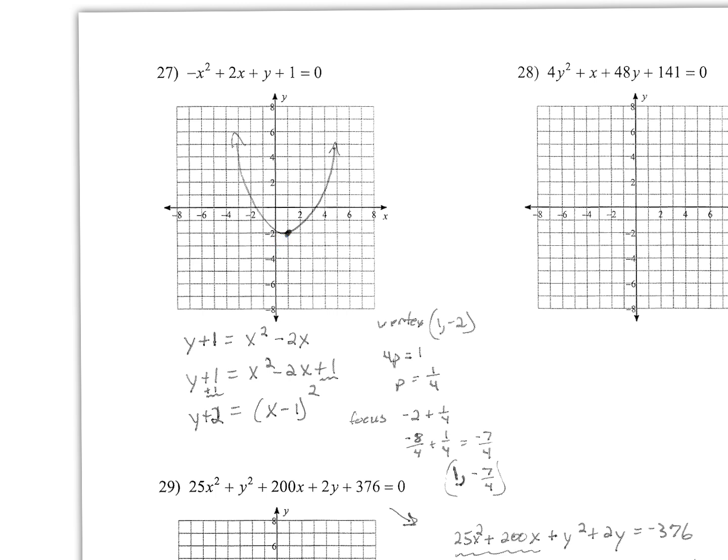So if our p is 1/4, we're going to be adding 1/4 to the -2 value, which is the y value of the vertex. So -2 plus 1/4, that's just going to be -1 3/4, or we could write it as -7/4. You see I've calculated it here. Okay, so that is how you take this equation